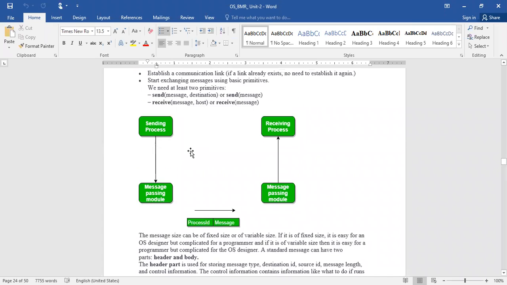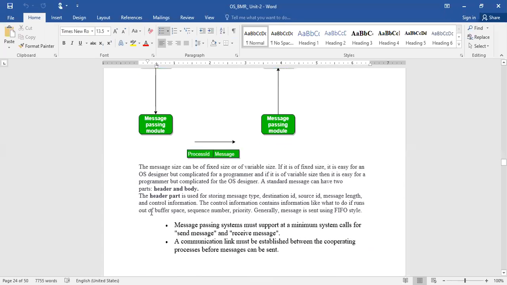Now the message size can be fixed or variable. If it is a fixed size, it becomes easy for the OS designers to pass the information from one place to another, but it is difficult for the programmer. It depends upon the size of the programmer's data, how it is going to be transmitted, how it is split into blocks, and how many blocks are transmitted.